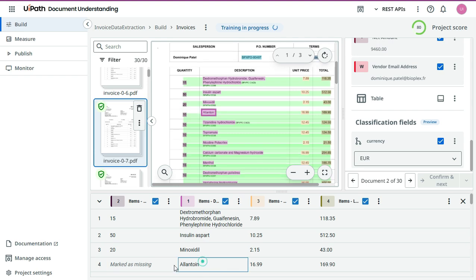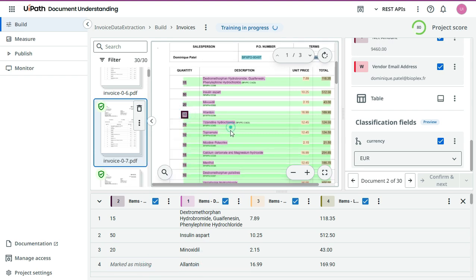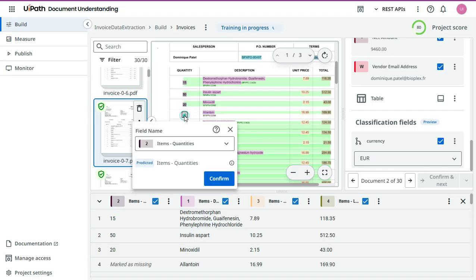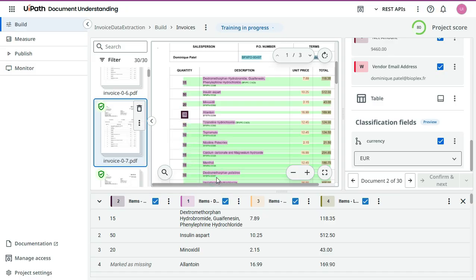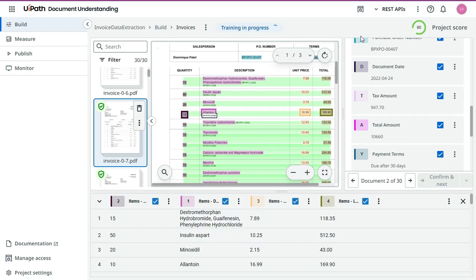$20 number. This one we'll consider as a quantity. Delete. Consider as a quantity. Confirm. Let's take it this way. Group. And done. Okay. So basically in your real project, you need to start doing the annotations and then